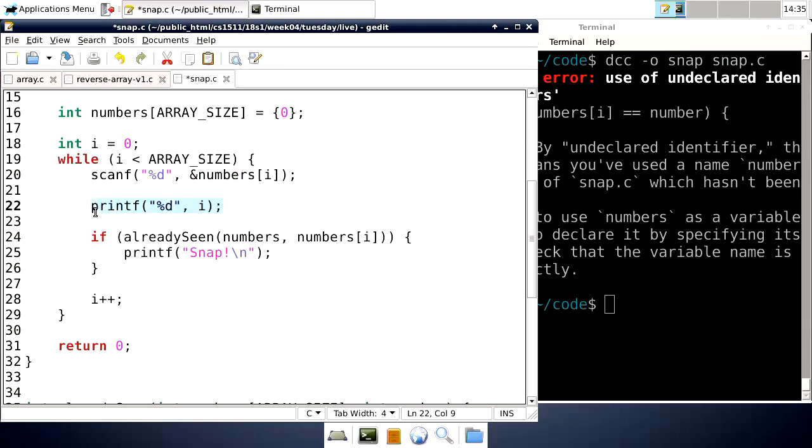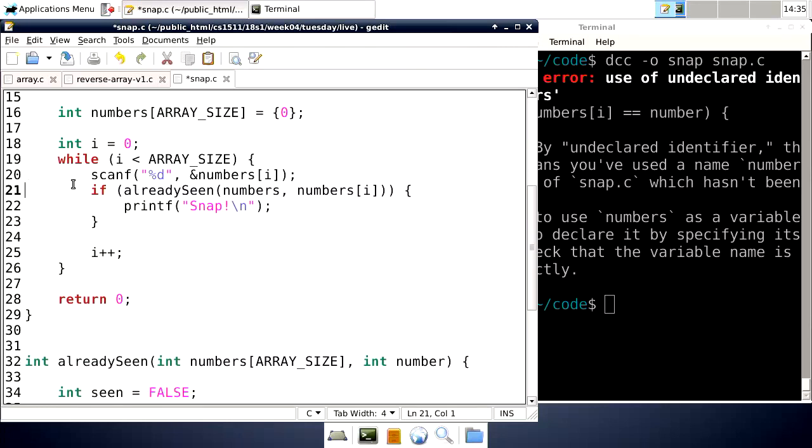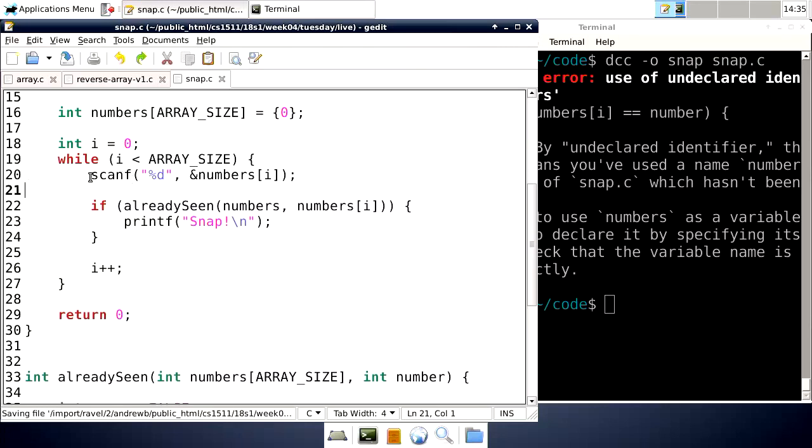Print out, why did we print out I? Does anyone remember? Was that important? Oh, I just typed that before, didn't I? My bad. Cool,